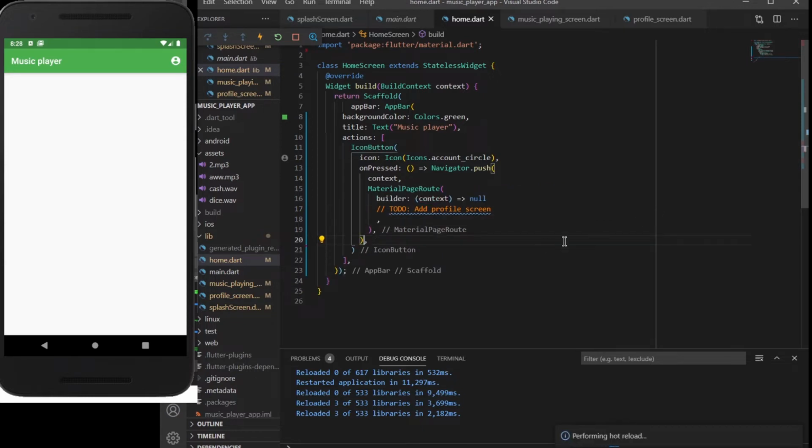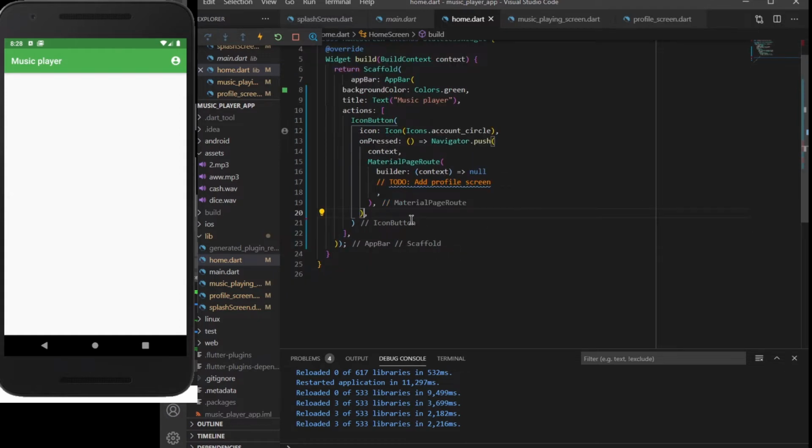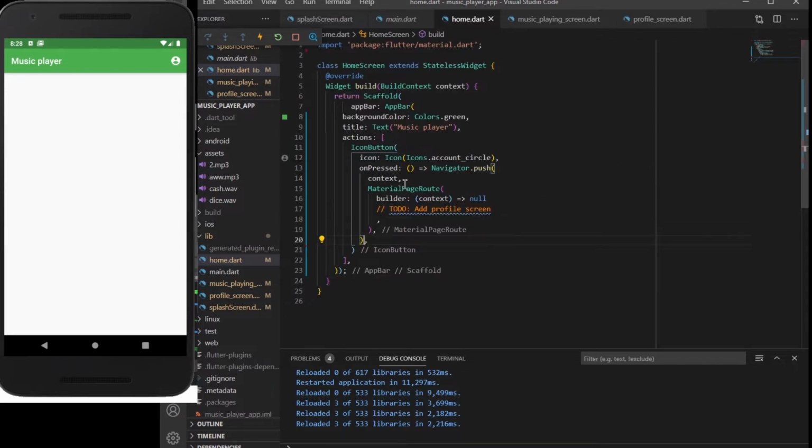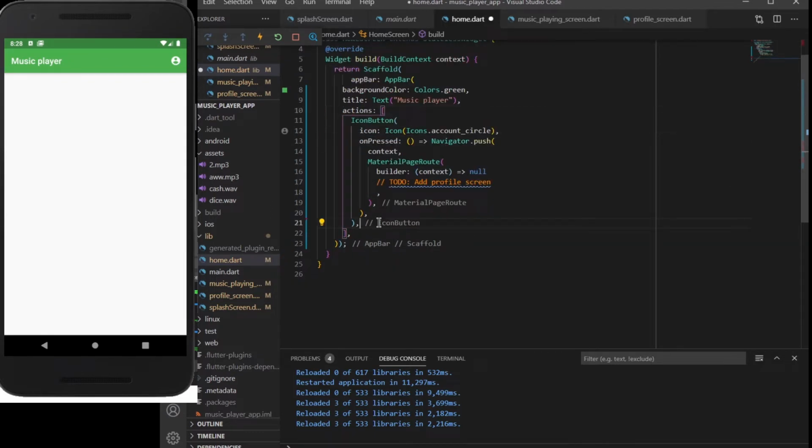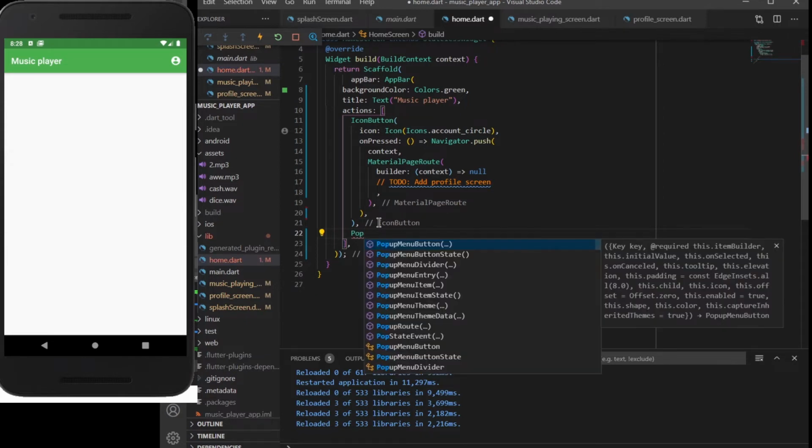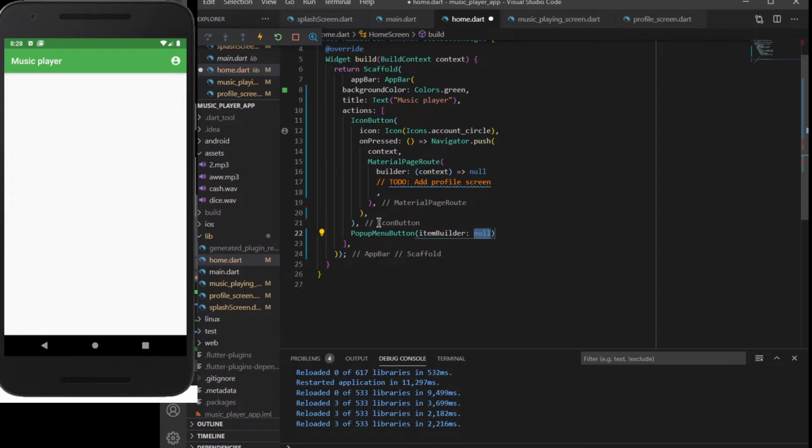It is basically a screen which will be displaying two text fields. So let's see the next thing, which is the pop-up menu button. We need to add that pop-up menu button inside our actions only. So actions is opening here, and after the icon button I need to pass PopupMenuButton, and it takes an itemBuilder which takes a context, and inside this we need to